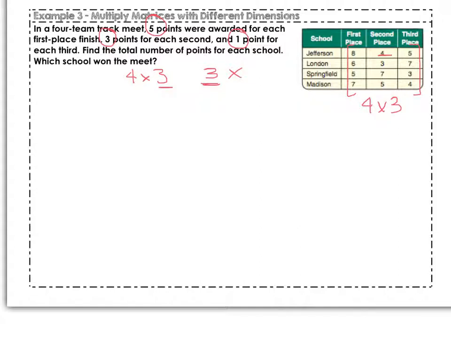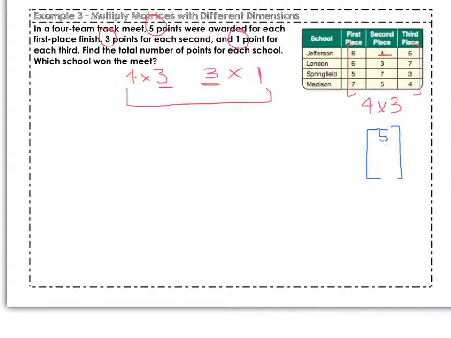So whatever I'm creating that I'm going to multiply him by must have 3 rows, and it doesn't matter what number of columns I have, but if we're thinking about it, we want the total number of points for each of the schools. So the product will be a 4 by a something. I don't care about the individual columns. I want the total. I only want one element for each school, because that's going to be the sum of their points, okay? So that's why we're going to multiply it by our point matrix, where we're going to have